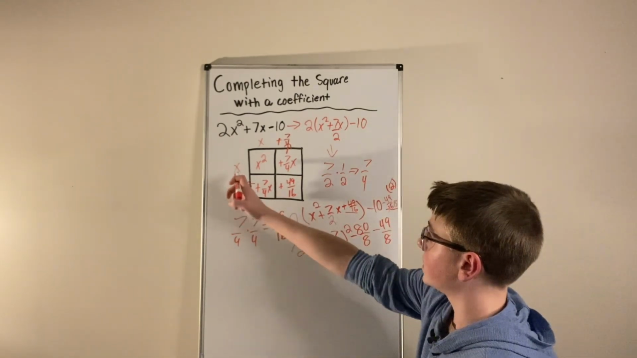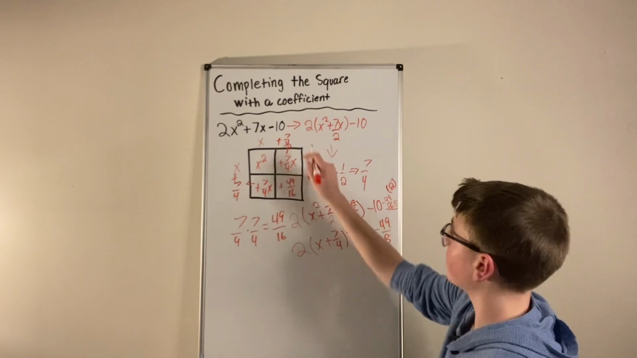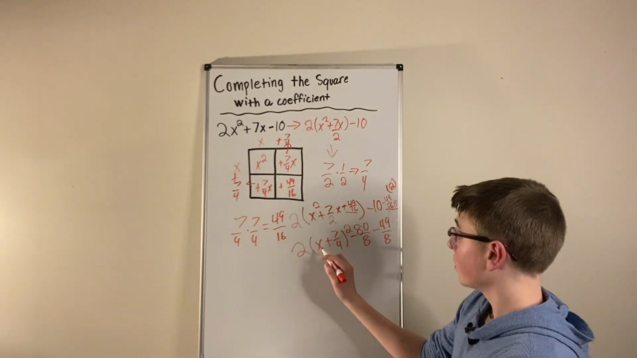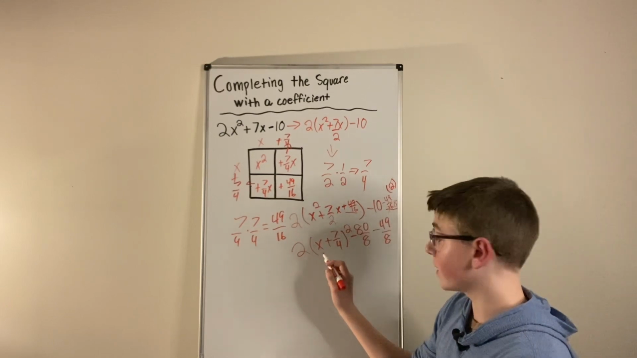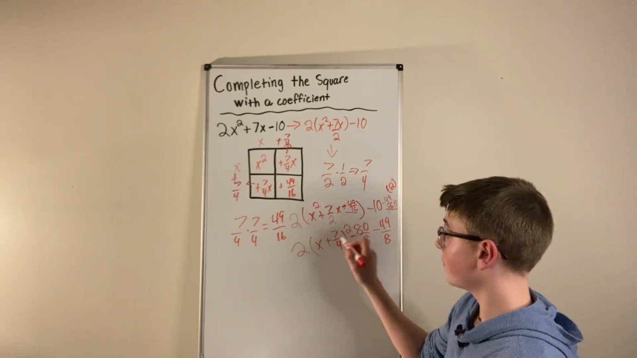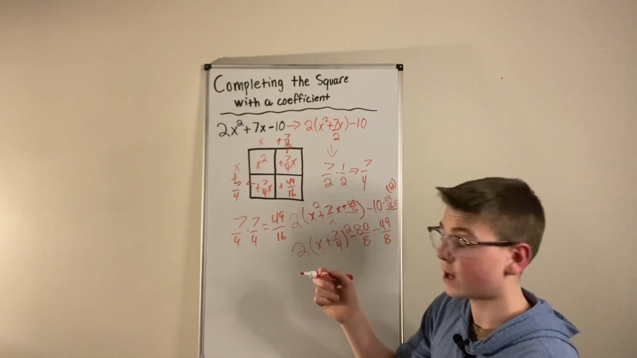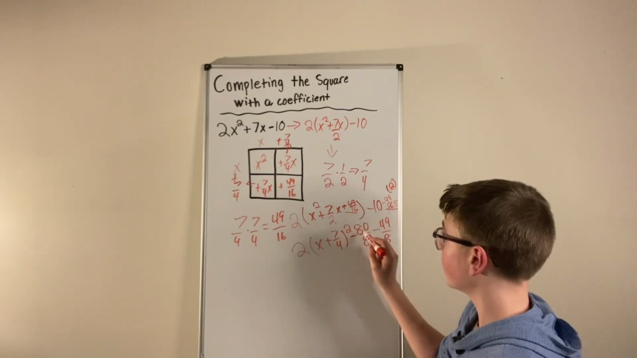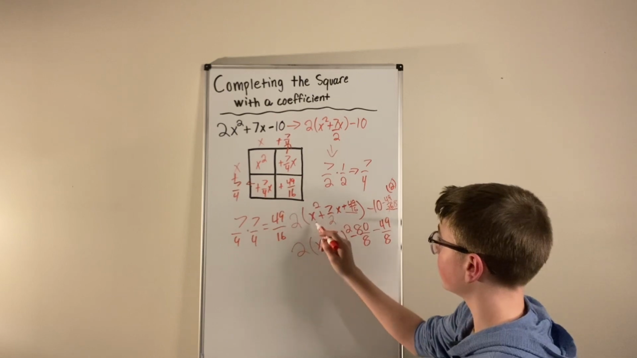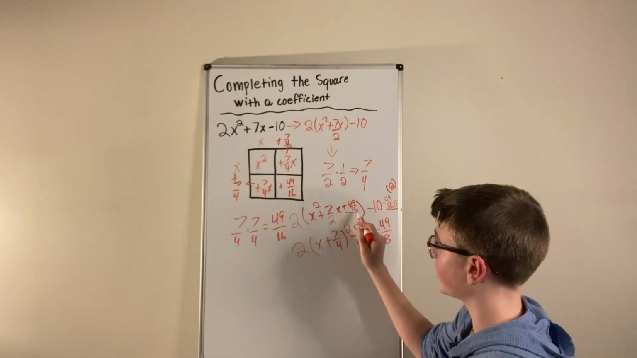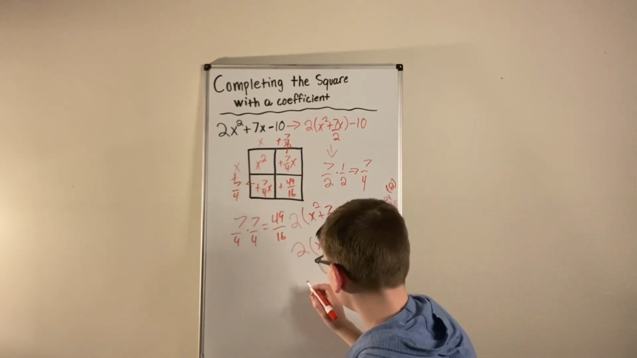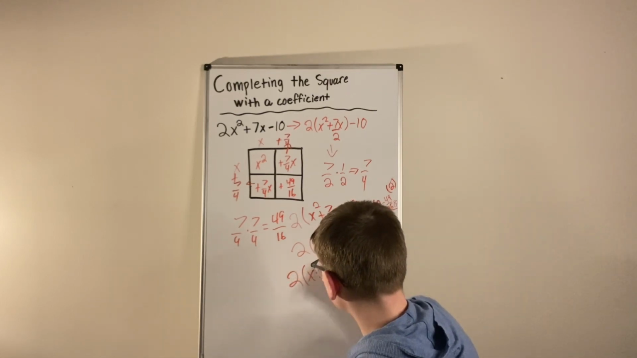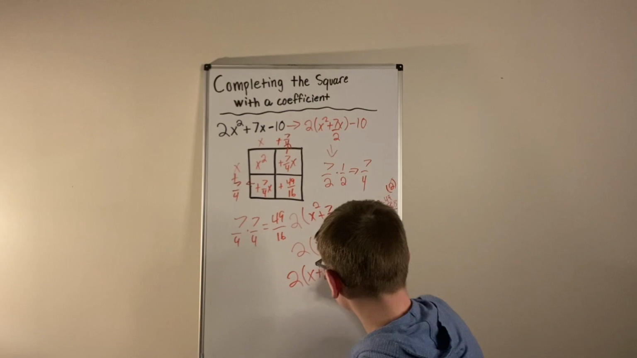And then, of course, this is the x plus 7/4 and x plus 7/4, and we already had this 2 out since the beginning. So if we do x plus 7/4 squared, x squared plus 7/4 plus 7/4 is plus 7/2, and then 7/4 times 7/4 is 49/16. So that is the same thing as this equation right here. So next step, we simplify everything. 2 times x plus 7/4 squared